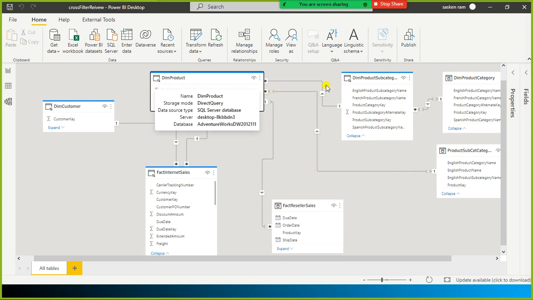With this we can understand that it is not a star schema, it is a snowflake schema, because they already did some normalization for this dimension table.